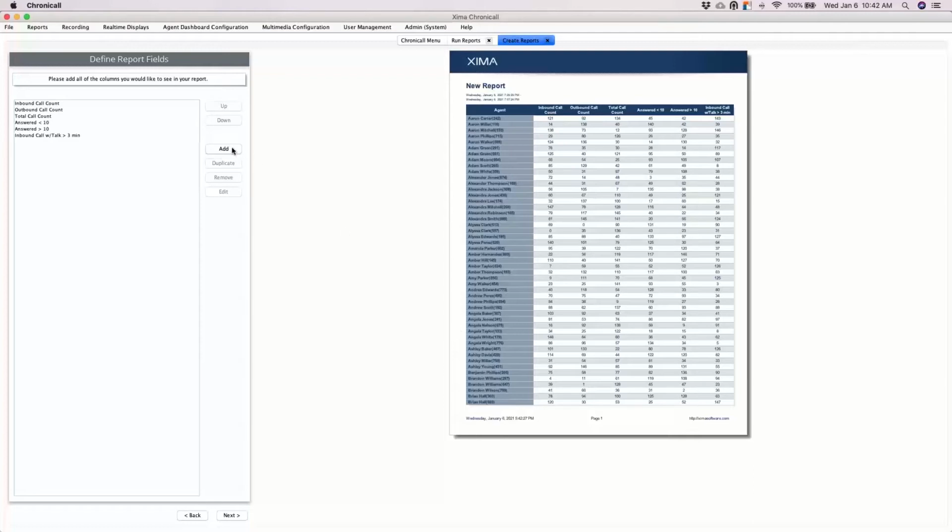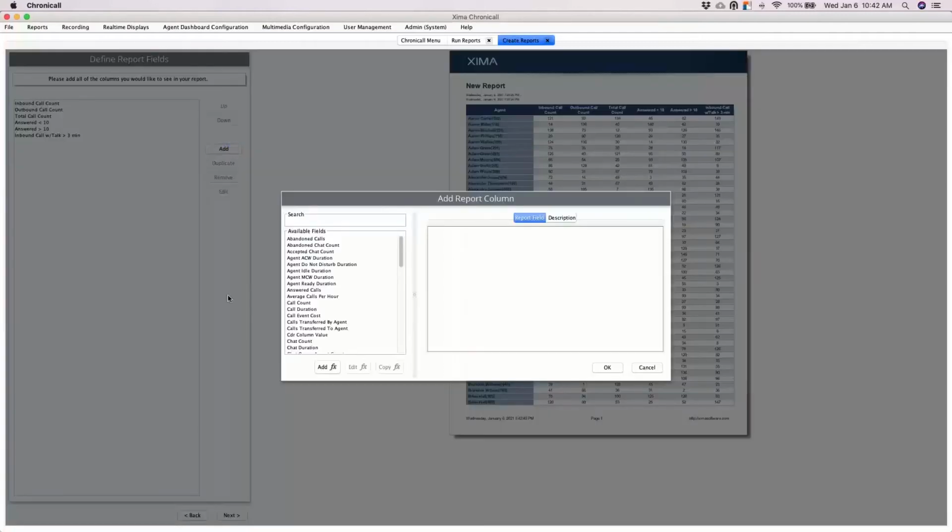Okay. Let's do one more, and that is going to be kind of an odd one. What if I can't find exactly what I'm looking for? Maybe I have some close things, but maybe what I want to see, let's take, for example, this. I want to see, out of the calls that are answered, what percent of them are being answered within less